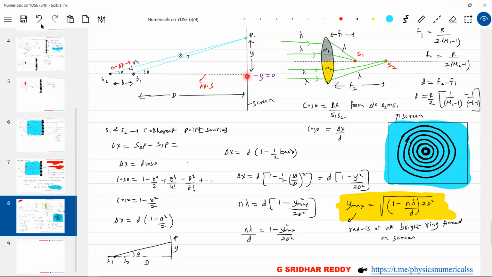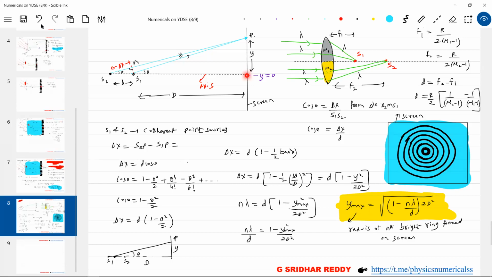In YDSE, as you move away from the axis, the order of interference increases. The central maxima used to be at the axis. So, sir, can you call this a central maxima? No, don't use that word because we don't have fringes here. We have alternate circular bright and dark rings formed. Don't say even bands also; circular bands, I think we should not use. Alternate bright and dark rings. So can we find the thickness of a bright and dark ring? Put n equal to 1, and so on, for n and n plus 1. We can find the width of that ring using this mathematics.